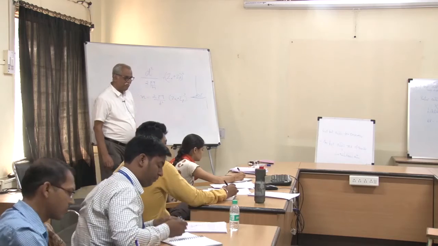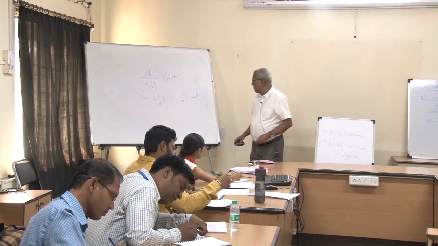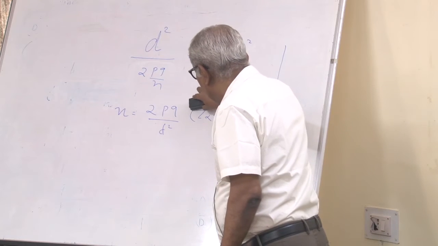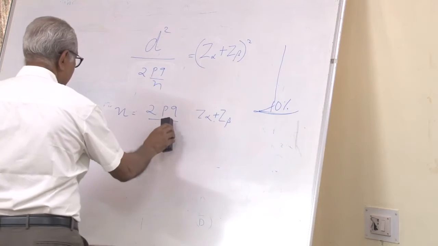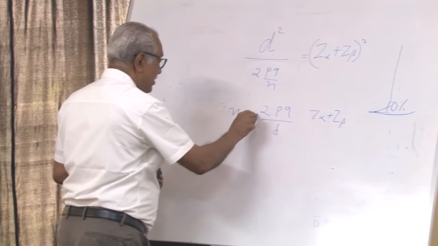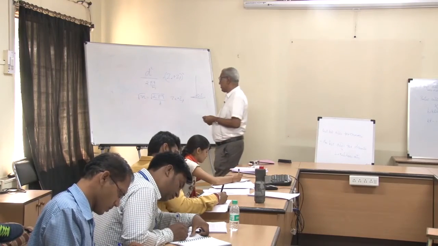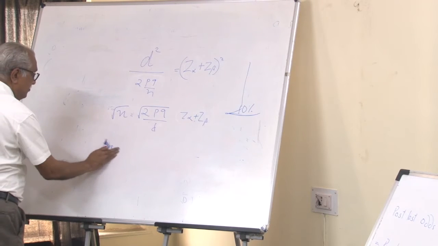I'll give you a clue. To do that, first you have to get rid of this square. Right? That means what happened? This will have become D. So you should get something like Z beta is equal to